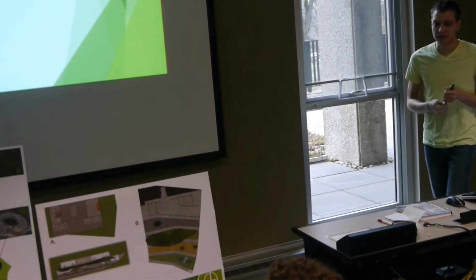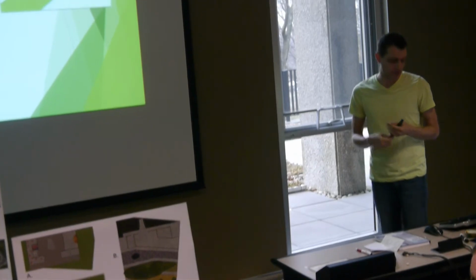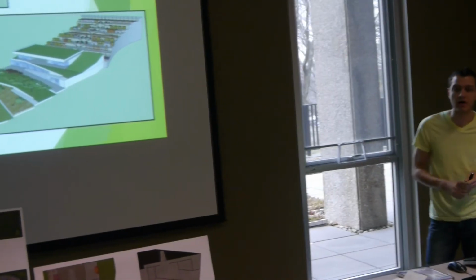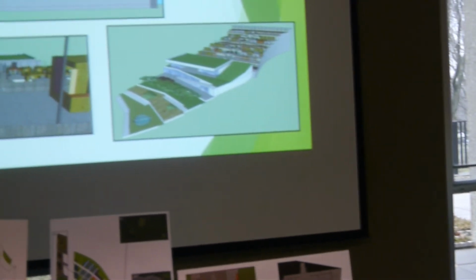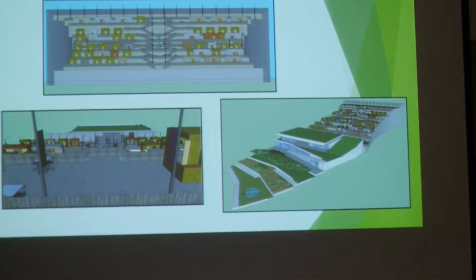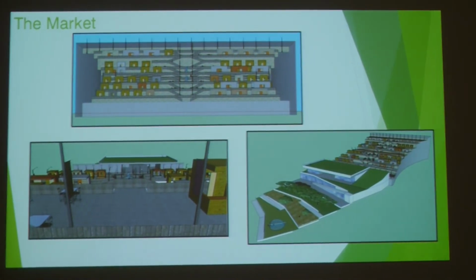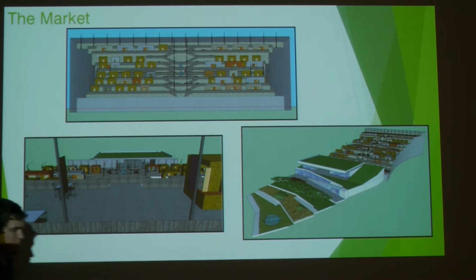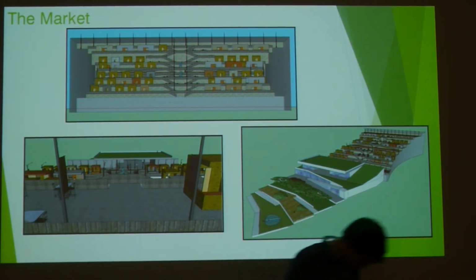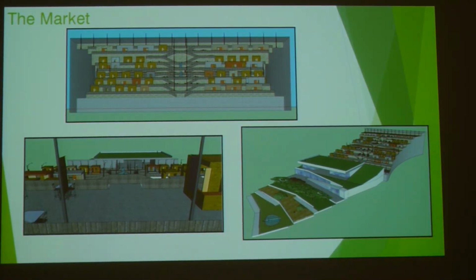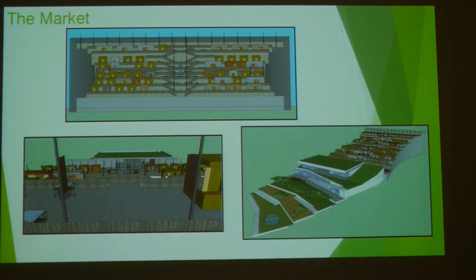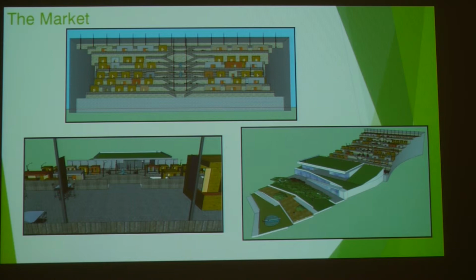Part of the reason for this was that under the overpass, we have planned for a market space to be developed. That way you'd open up the market to this green space, and it's a means of circulation and also just another way to experience it. And so we went with a completely open plan on the entry level, so you can go right from the market and all the way through.